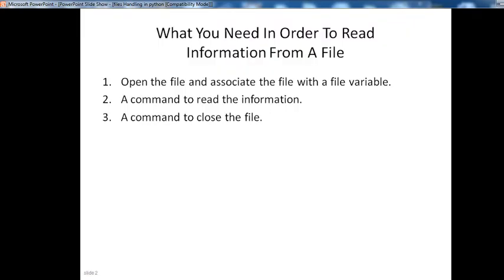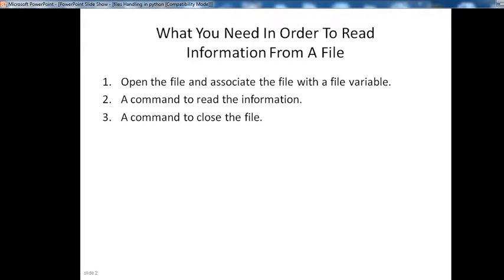See here, what you need in order to read information from a file. First, open the file and associate the file with a file variable. The three steps are given here.